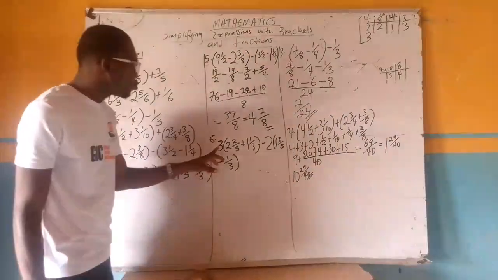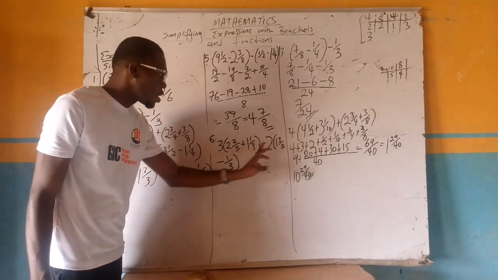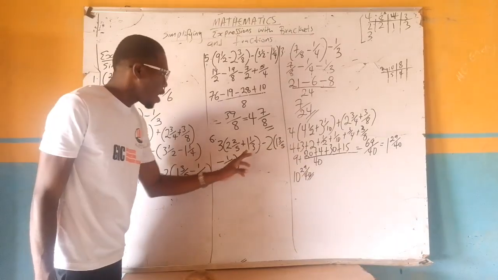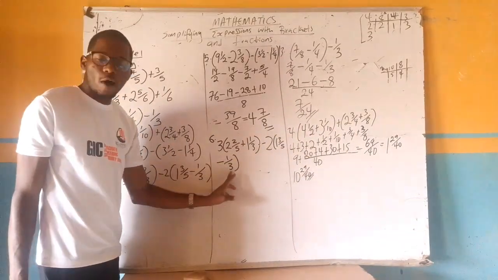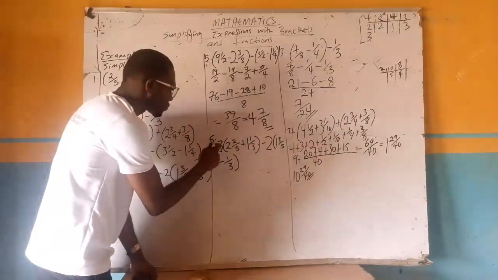So we have to use this 3 to times this and use this 3 to times this. We have to use this minus 2, not 2. Minus 2 to times this, and also use minus 2 to times minus 1 over 3. So let's do that quickly. So we'll be having